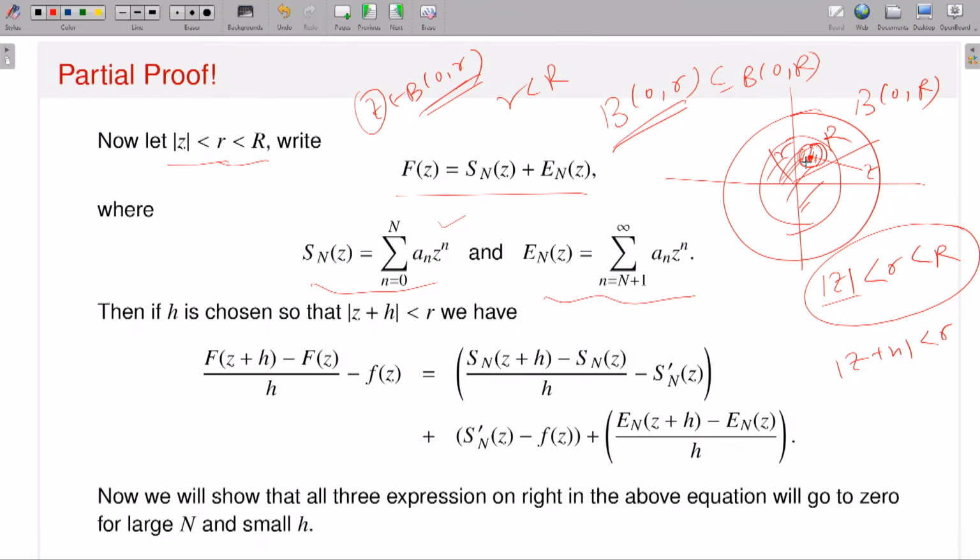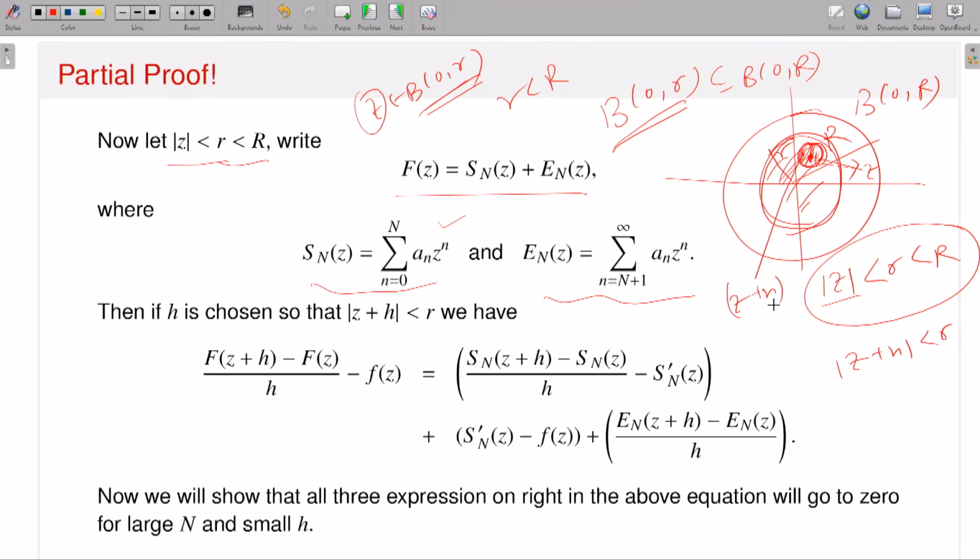So this is it pictorially. If I take a point z here, this is my point z. Since this is a ball of center 0 radius r, this is an open set, so therefore I can have a small open ball around the point z naught where it is fully contained in the ball of center 0 radius r. So what I will do, I will take a point here, z plus h.